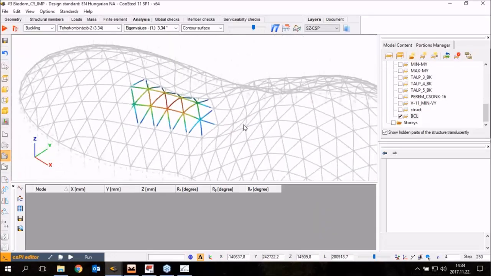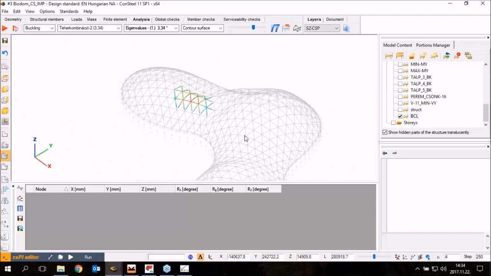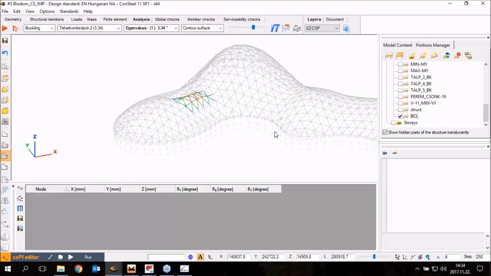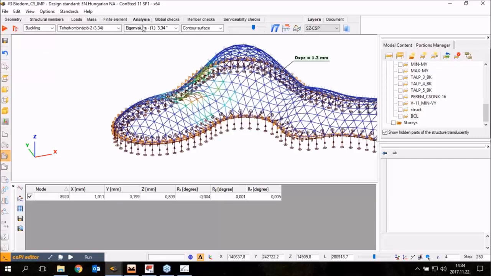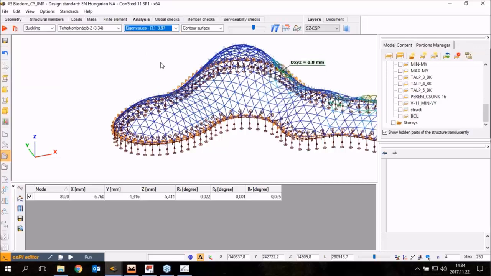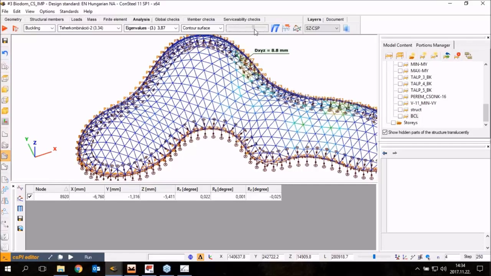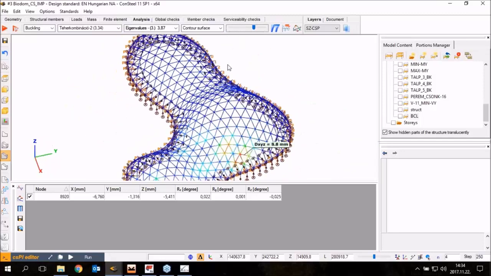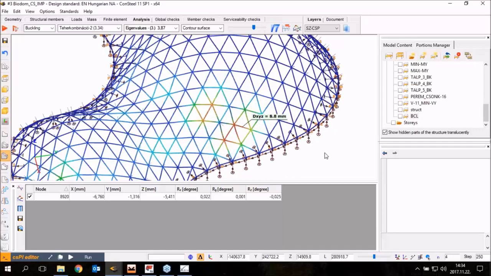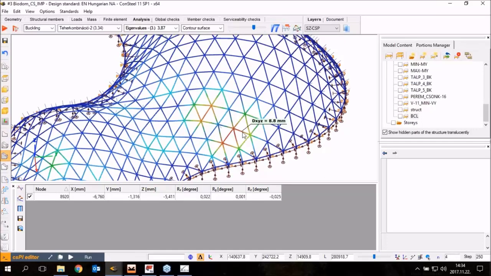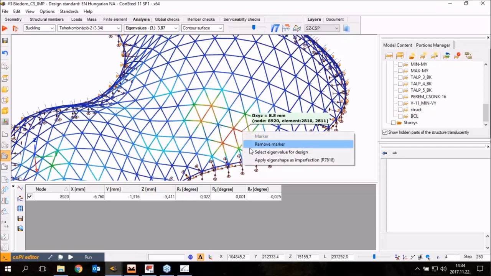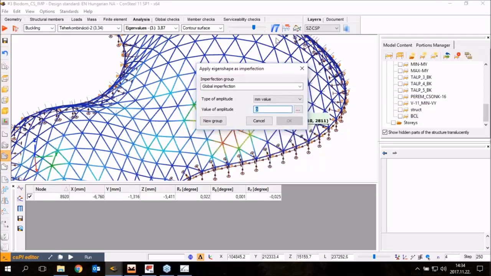What is a unique feature, I think, in ConSteel, is that we can stack different kinds of buckling shapes as imperfections onto each other. As you can see, there are more buckling shapes, not only one, but more, with different kinds of buckling behavior. So for example, the third one with a relatively low eigenvalue is this kind of buckling shape. So what I will do, I will stack onto the previously defined imperfection by simply clicking on the relevant member, apply eigenshape as imperfection, but now I will